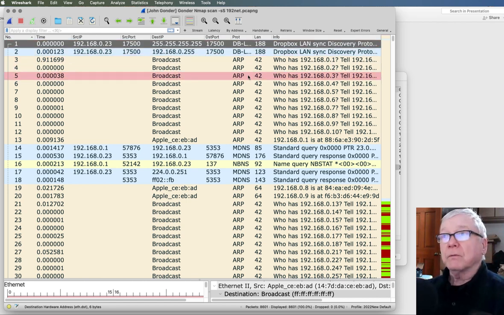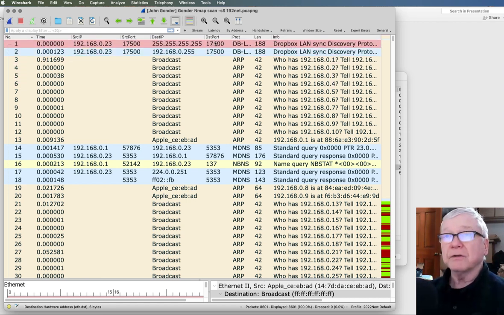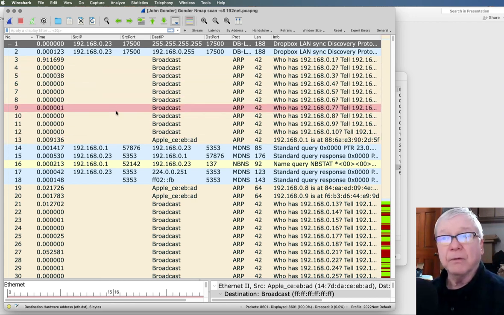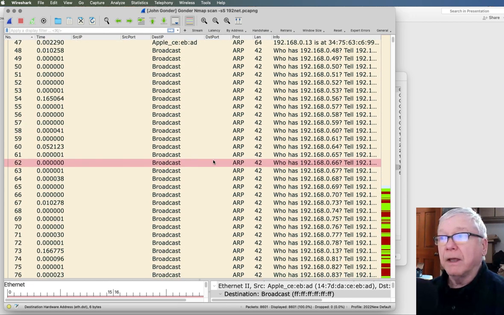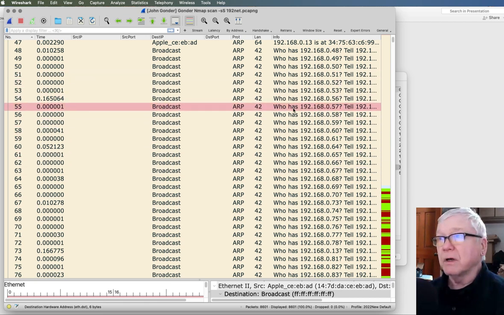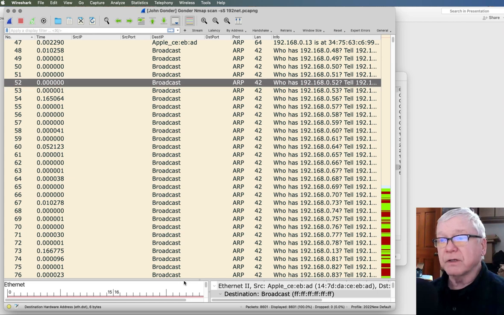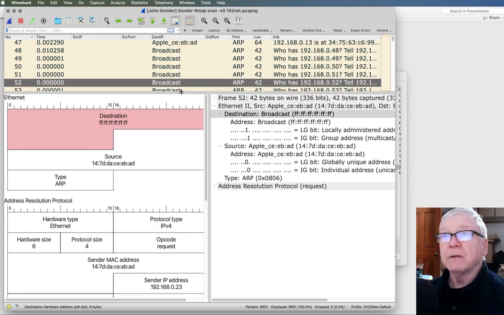Well, right off the bat, I've got what, Dropbox, so that's not part of my scan. A local thing is sending out a broadcast. And then there's ARPs that are coming from my router. And then we got ARPs, you know, who has one, who has two. Who is sending this? Well, let's take a look at that. Highlight that packet. We can see that the Ethernet source is an Apple box.